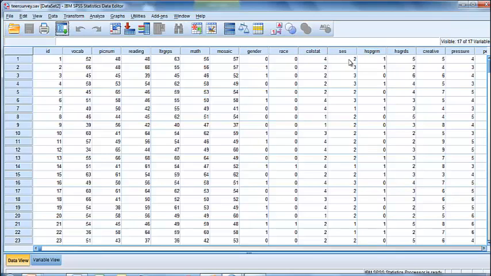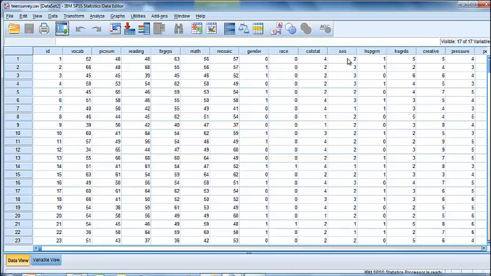The null hypothesis is that the populations for the three groups of socioeconomic status, low, middle, and high socioeconomics, share a common population vocabulary mean. That is, there is no significant difference in mean vocabulary score for the three populations of low, middle, and high socioeconomic status. The first thing that we have to do when conducting a one-way ANOVA is to make sure that